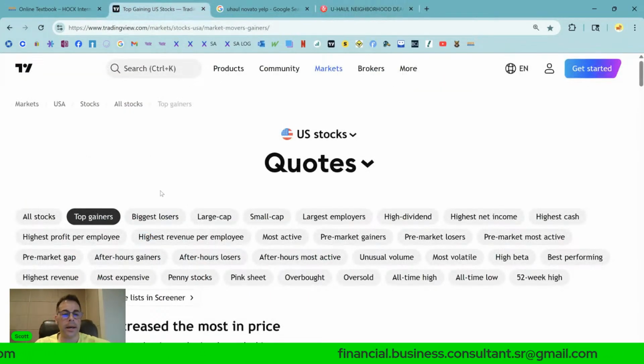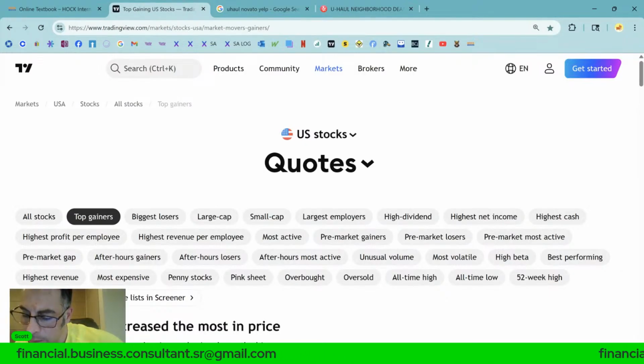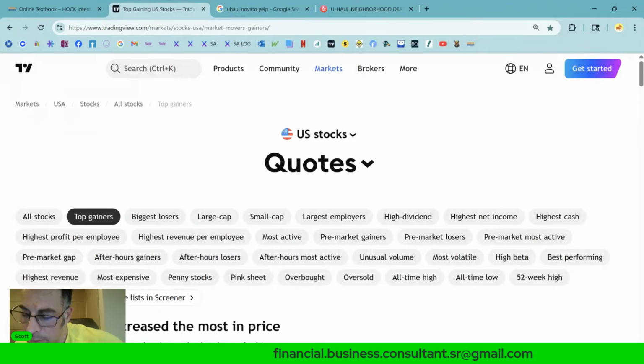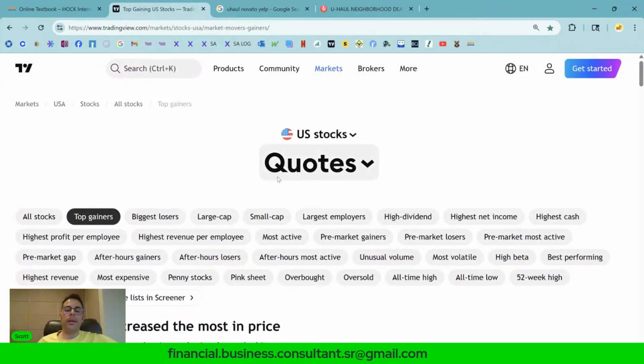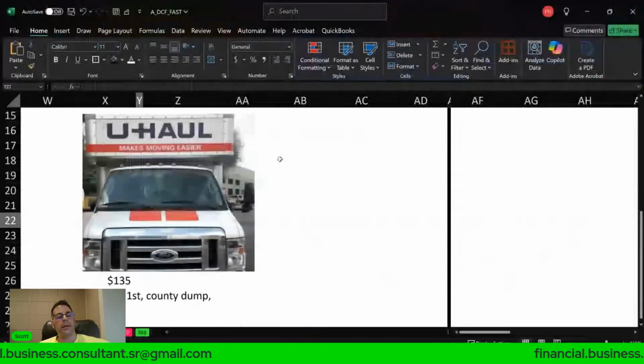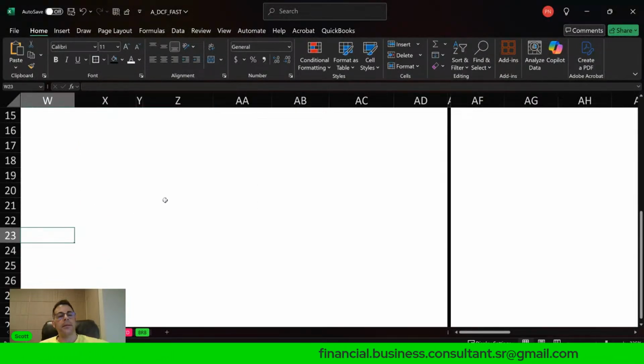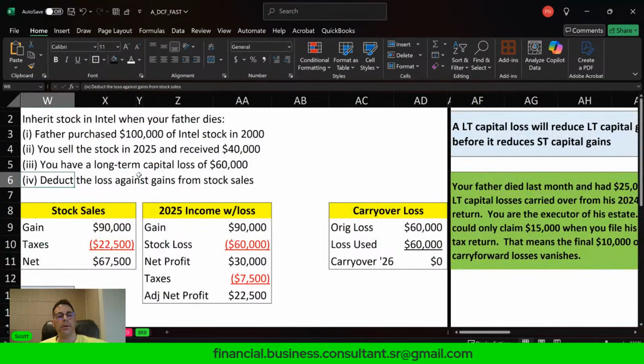So any stocks anybody wants to talk about? Do a DCF? Good evening, everyone. Let me know if there's any stocks, because I don't think you guys want to talk about taxes. I mean, I can talk about that all day because I'm going through this booklet.